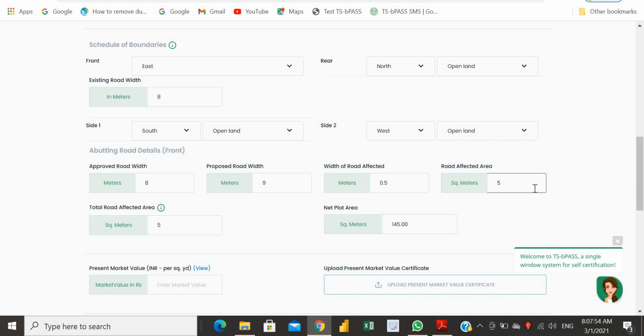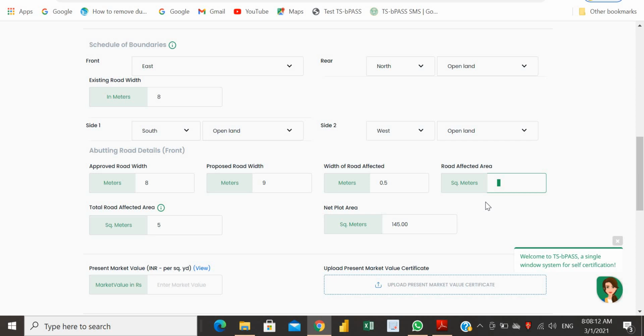So how do you calculate the road affected area? Suppose the plot side which is abutting the road is 10 meters. 10 into 0.5 is 5 square meters. If it is 12 meters, 12 into 0.5 is 6.